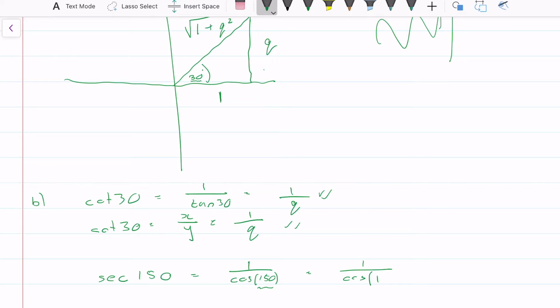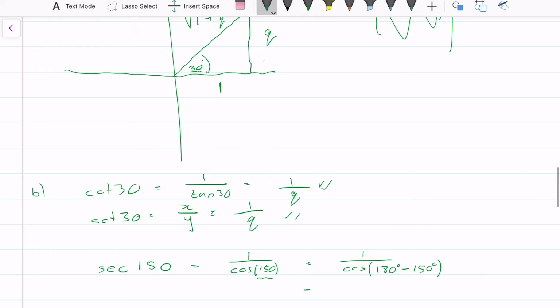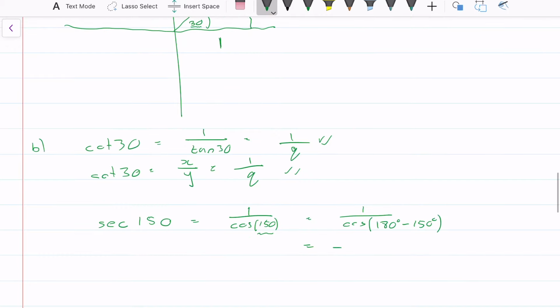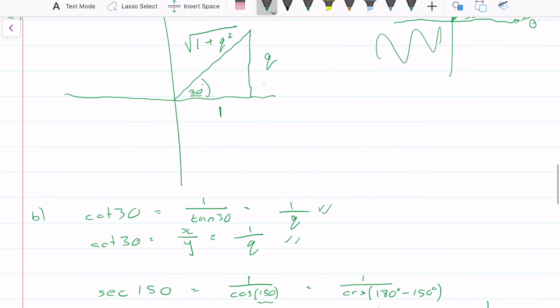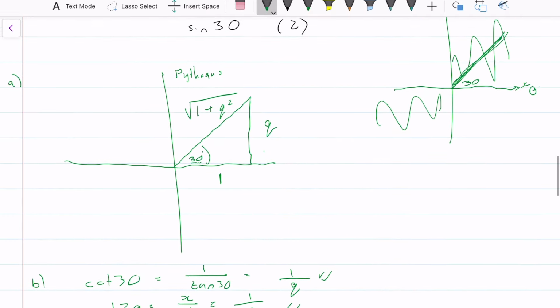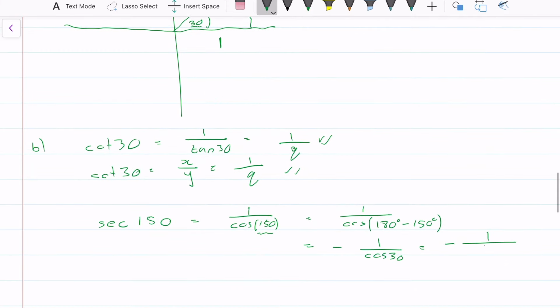To get 30, we can go 180 degrees minus 150 degrees, which gives us 30. But remember that on the cos graph, this gives us minus 1 over cos 30, just from one of our rules. So this equals minus 1 over, and cos of 30 is going to be x over r,